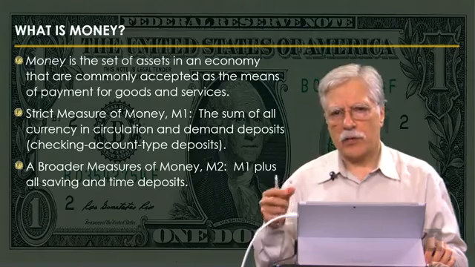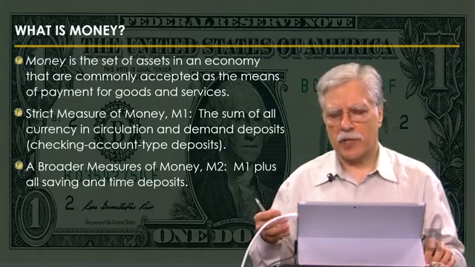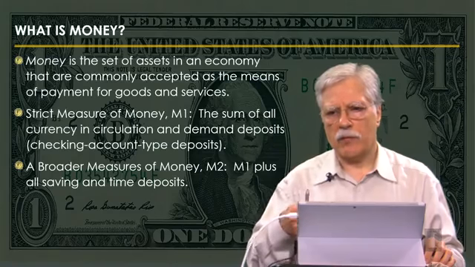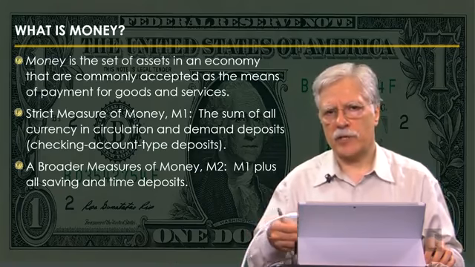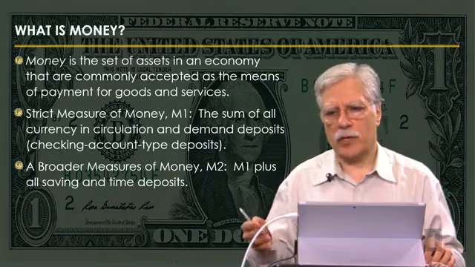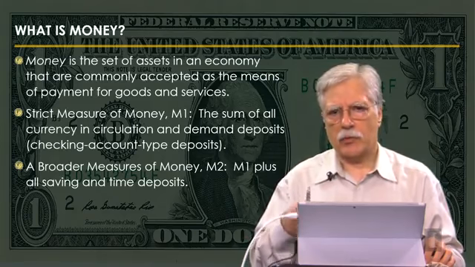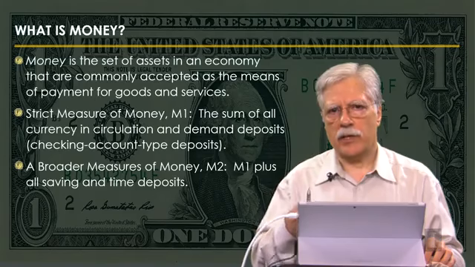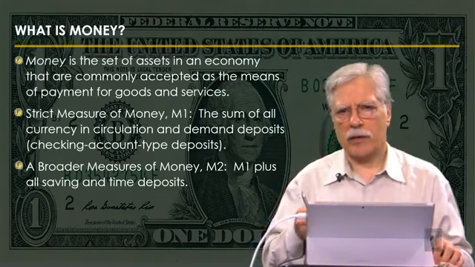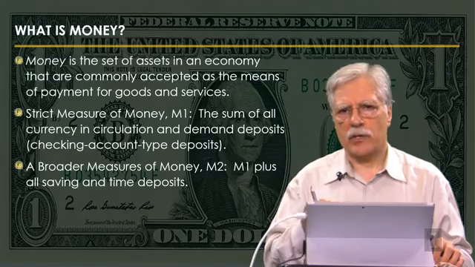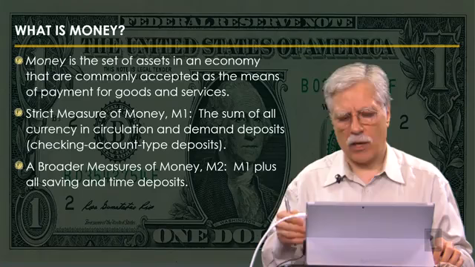There are, of course, other types of means of payment that essentially can be used for payment, but first have to be made more liquid before we can use them. For example, many of us may have money in our savings account. It can't be immediately used for purchases, but you can move the money into your checking account or get some cash and go shopping. This kind of money that can be easily turned into forms of payment is called near money, and when you add up near money and the strict definition of money, which is M1, you get another measure of money which is known as M2, which is M1 plus all the savings and time deposits.